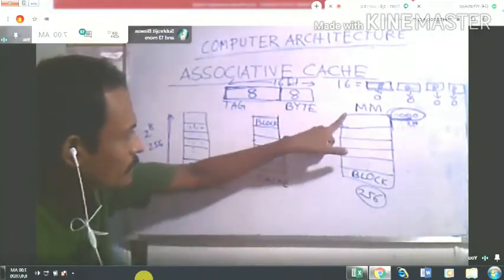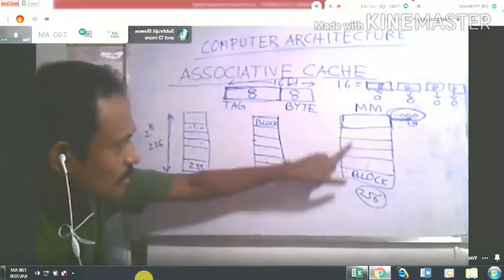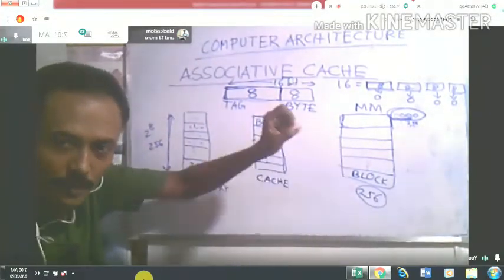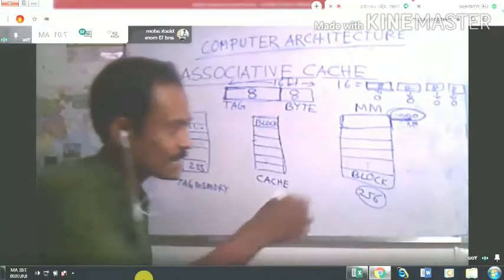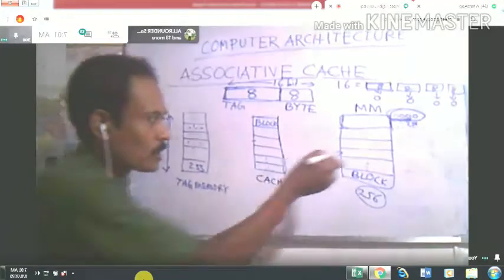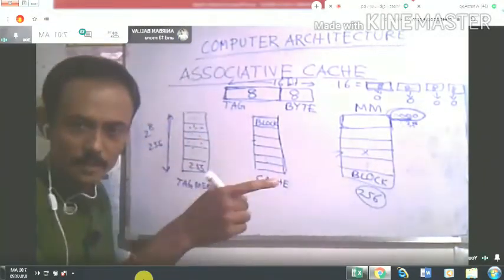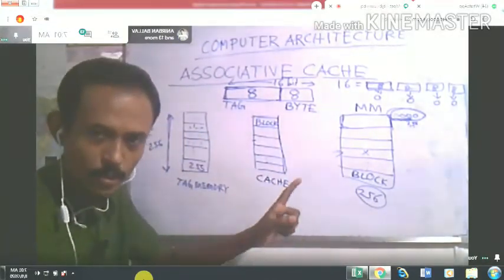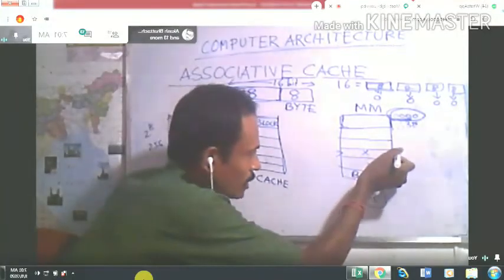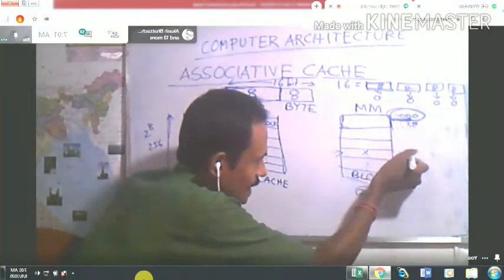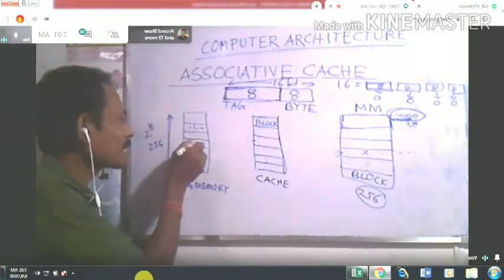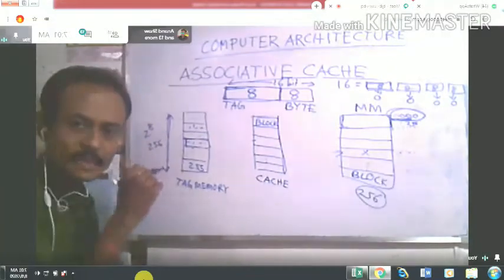That particular byte will be present within one of these blocks. Suppose that address is present in this particular block X. Clear? This block will have some starting address, and that starting address will be put here in the tag address.